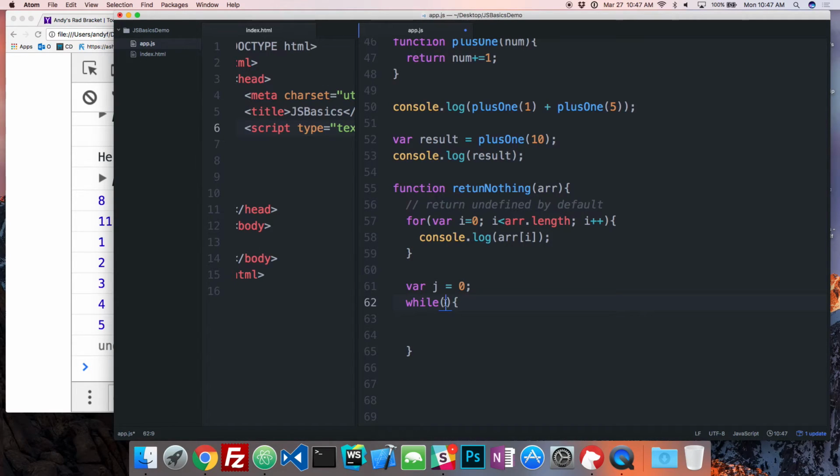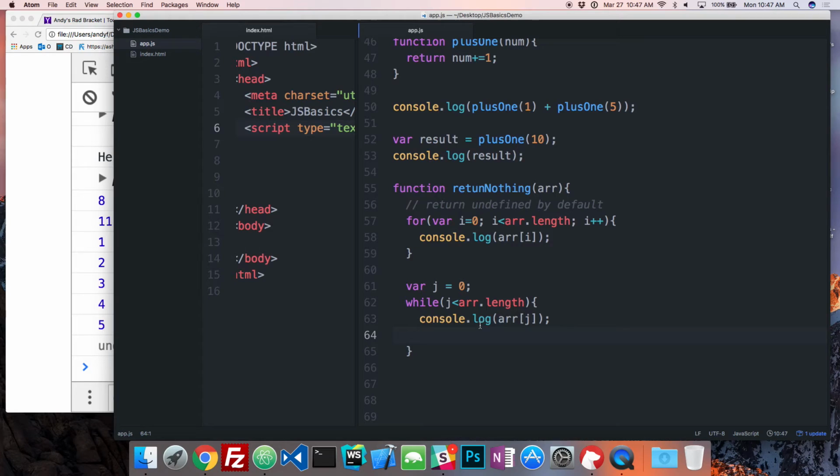But here we're going to say while j is less than array.length. Okay? And then inside of the while loop, we do the thing that we want to do, which is this one. Copy that. Array of j. We're going to console log it. And we need one more thing for this to actually work.